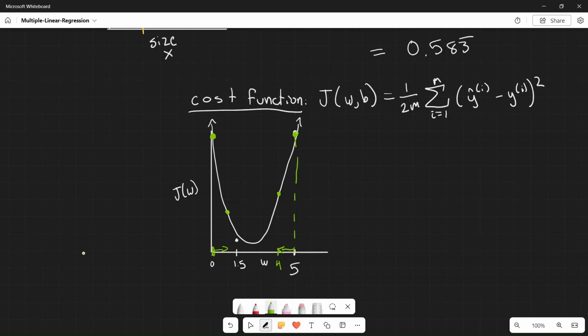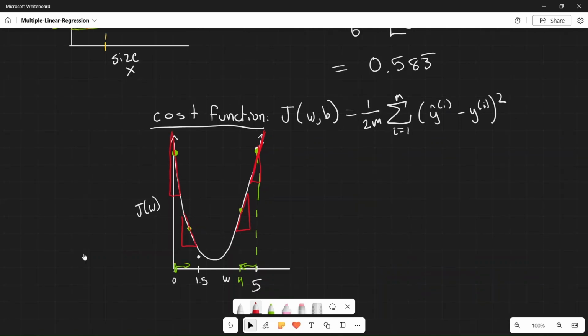The second important thing to notice with this graph is if you look at this point to the right, you'll notice that it has a very large slope, a large positive slope. If you look at this point just to the left of it, you'll notice it has a large positive slope, but not quite as large as the one to the right of it. And then these points to the left, this one might have a medium negative slope, and this one up at the top has a very negative slope. So if we just make this observation that a positive slope results in us wanting to decrease w, and a negative slope results in us wanting to increase w,